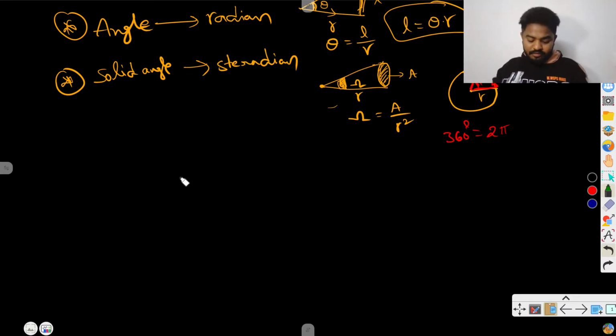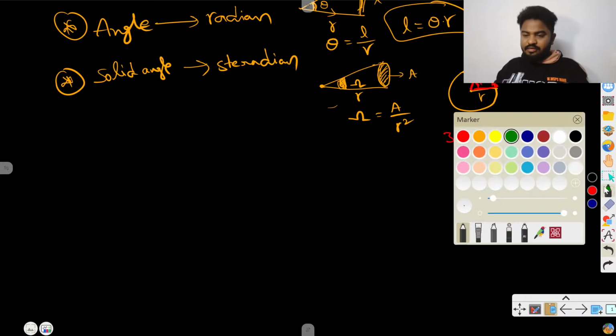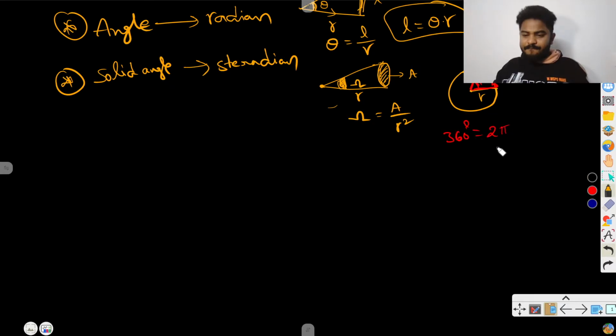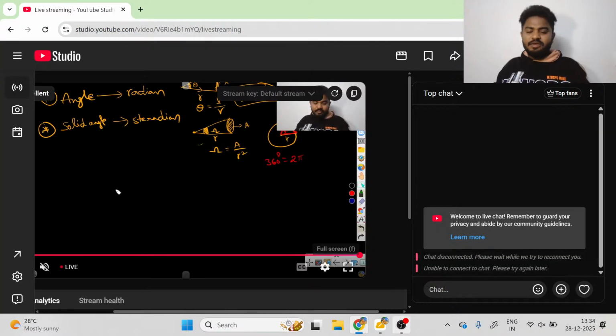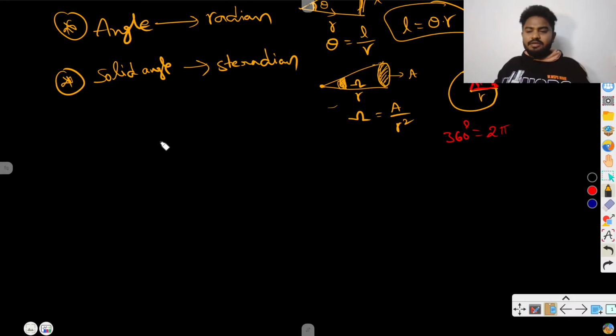So coming to derived physical quantities. These are the physical quantities which depend upon fundamental physical quantities. For example, if you want to measure area, area can be measured by using